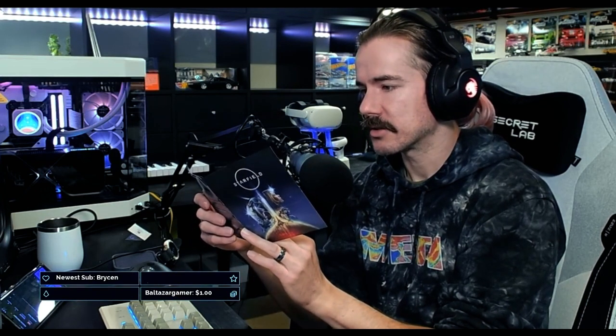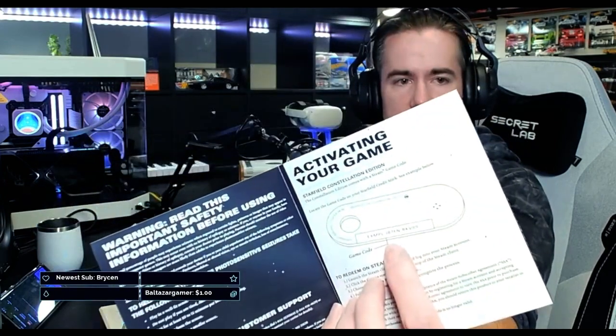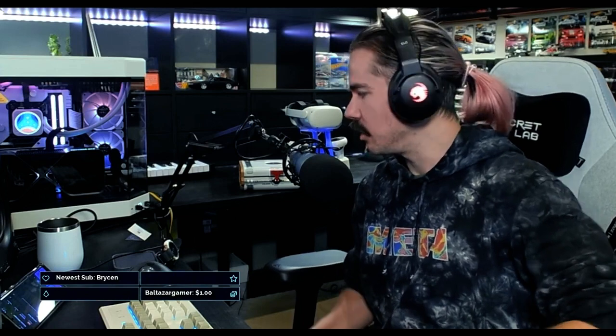Locate the game code on your Starfield credit stick. So this is the credit stick. And this looks like the credits in-game that you pick up and find. And it's a really, really cool piece. I'm going to show you without showing the code, because it is my unique code for the game, and I don't want you to have it. I think if I just block this part...